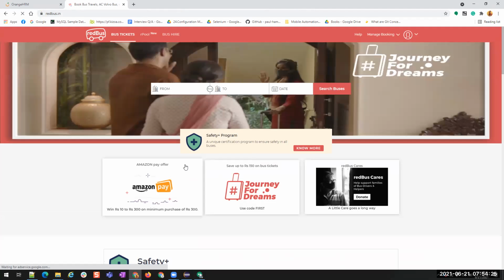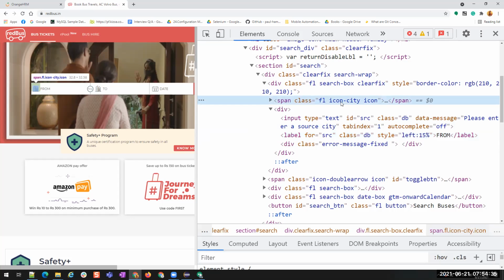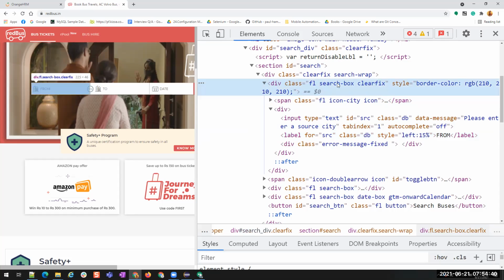Inspect. Yeah, you see here class. This is having FL, search box, and clearfix. These three are different class names or different styling names. FL is one style, search box is another style, and clearfix is another style. In CSS, if you want to apply multiple styles, then we use spaces.